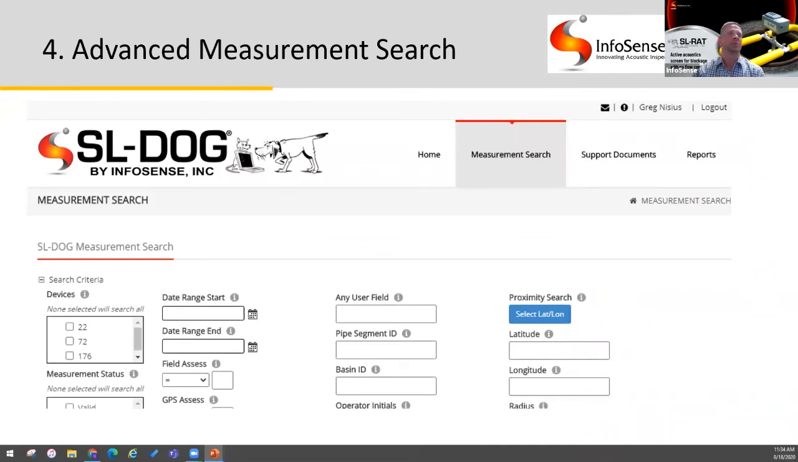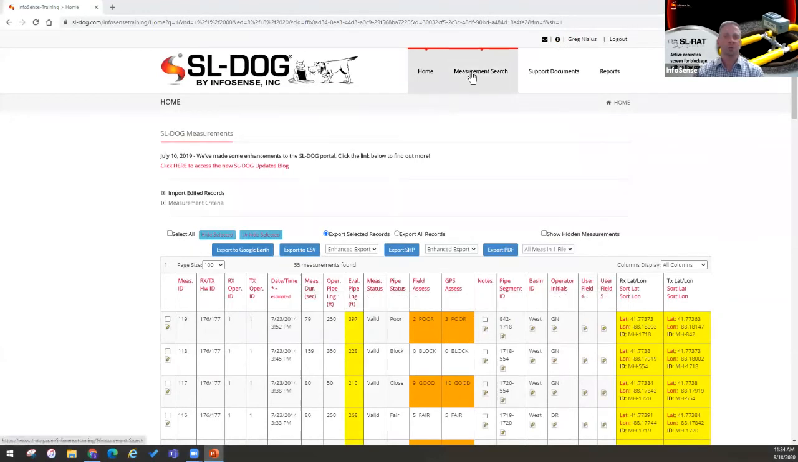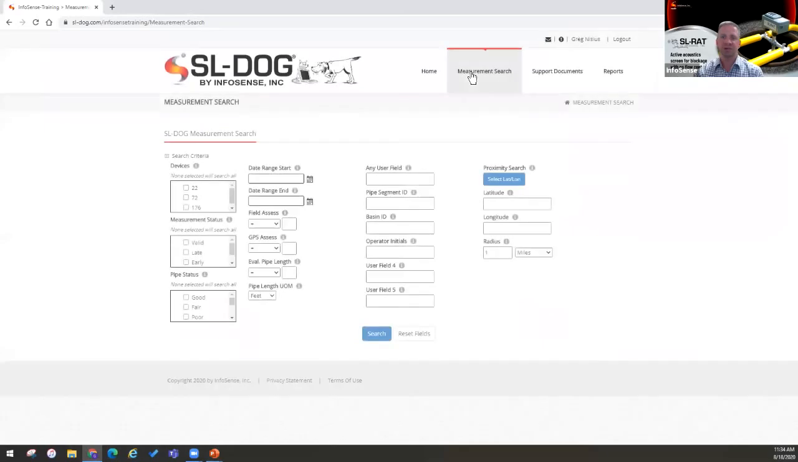Switch back to my web portal again. We'll go to measurement search. This allows you to choose many more specific criteria, as well as search with text in the custom user fields. You can type in text here. Say you're looking for, now let me run through an example. Let's say I want to find all the measurements completed with this device in the basin that we labeled as West. So I go to Basin ID, type in West,